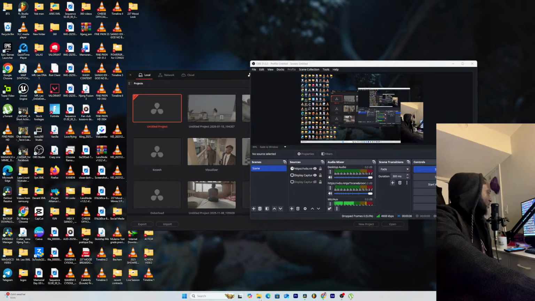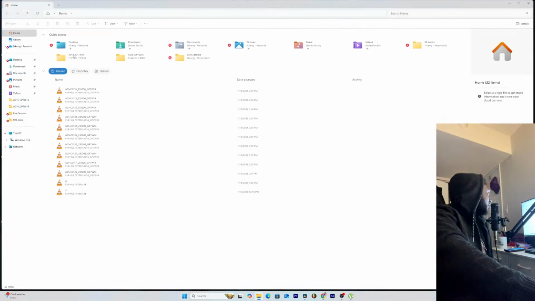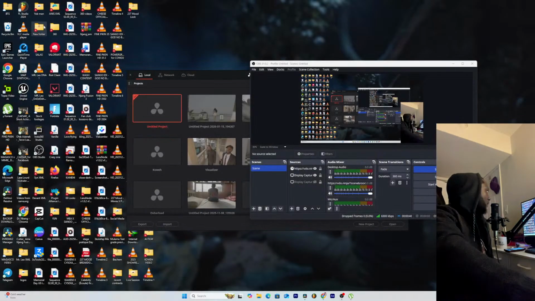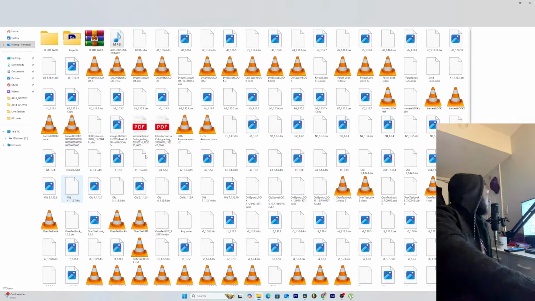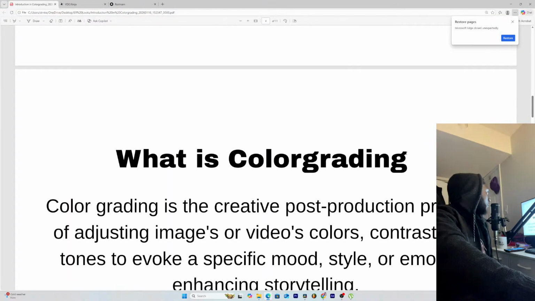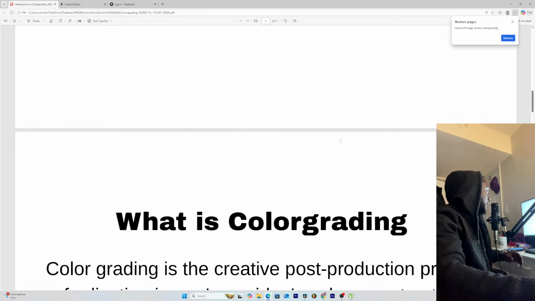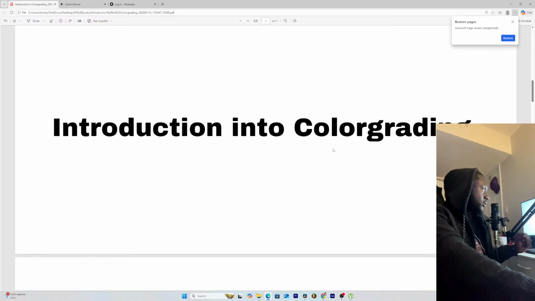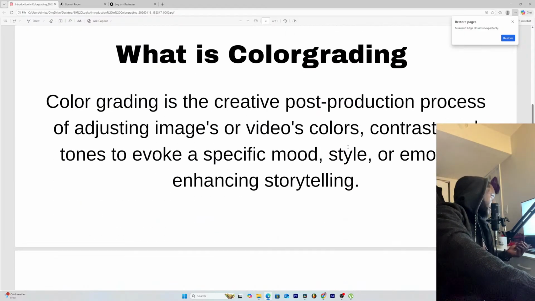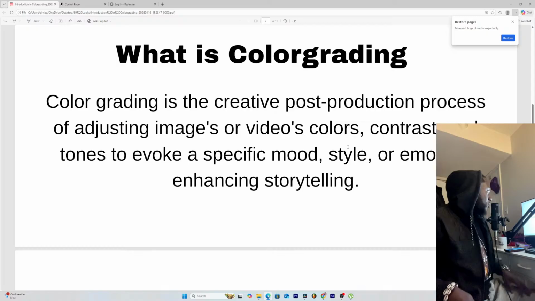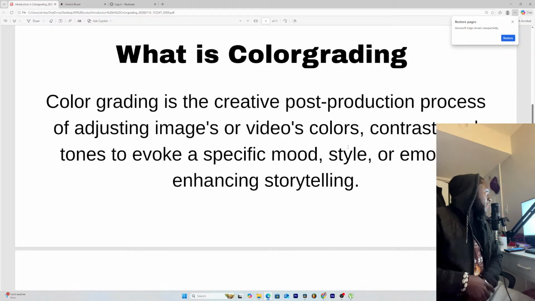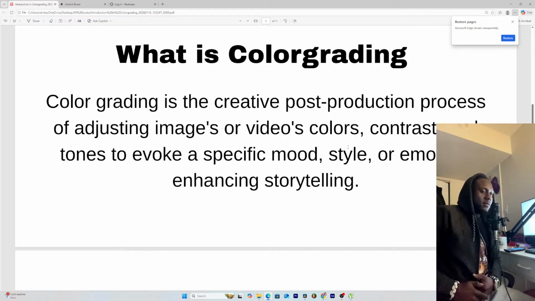I think I ended at the color grading introduction. Yes, so this is where we ended. So basically, introduction into color grading, and let's move ahead. What is color grading? That's the first thing I want us to discuss. Color grading is